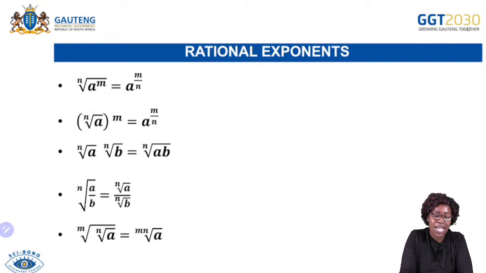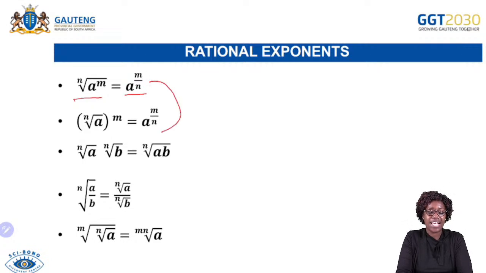Like I said, rational exponents are simply telling us that instead of having an integer in our exponent, we now have a fraction. Now, when we are simplifying expressions, we need to be able to move from one form to the other. If you look at these two, they are exactly the same, but they are written differently. What they simply mean is that, for instance, if I have the square root of 2 cubed,